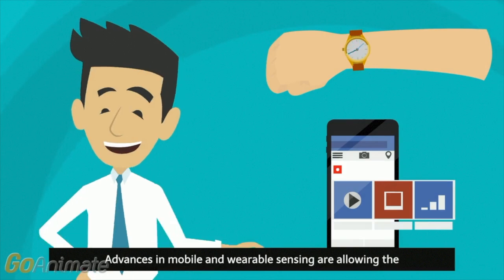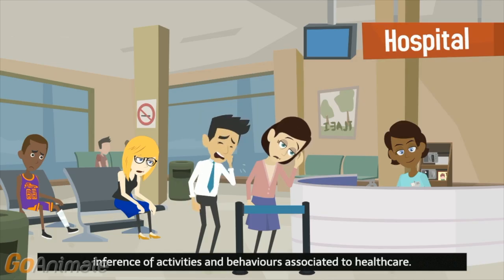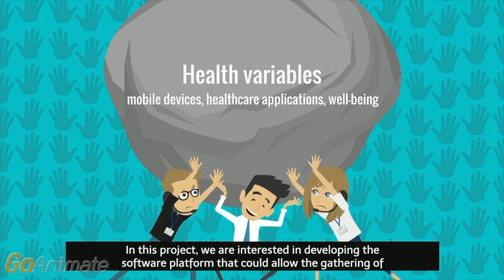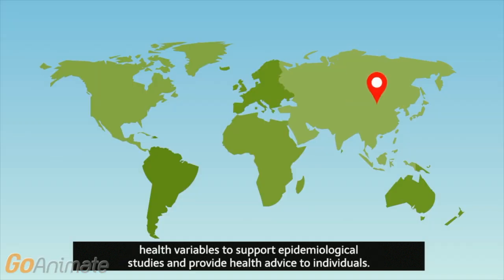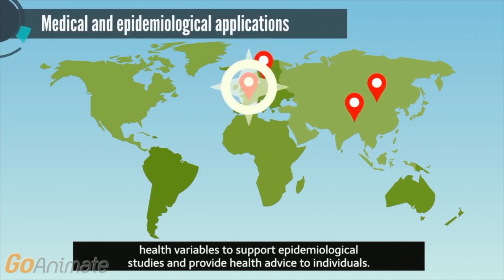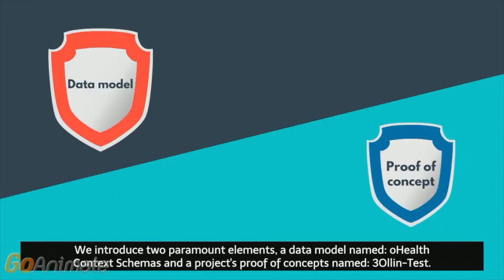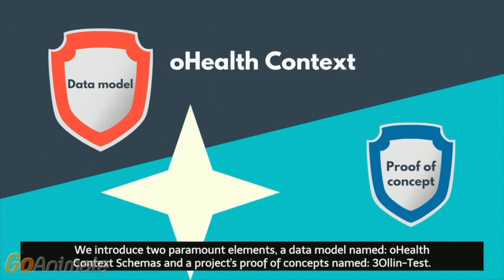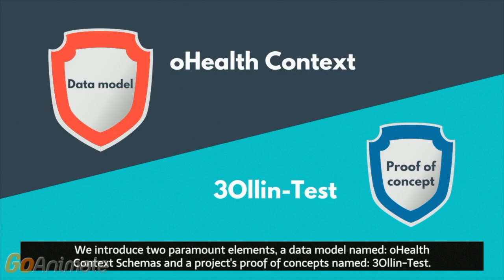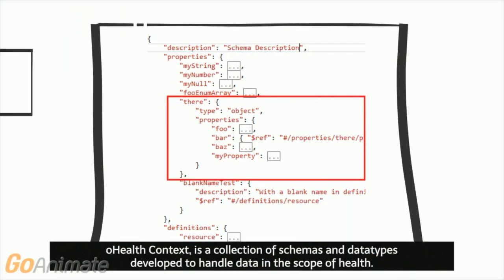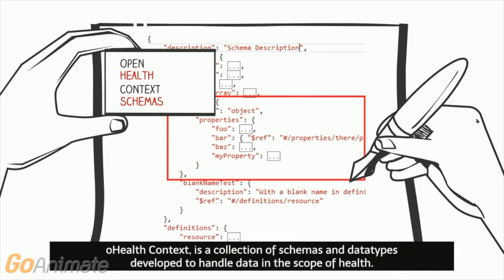Advances in mobile and wearable sensing are allowing the inference of activities and behaviors associated to healthcare. In this project, we are interested in developing the software platform that could allow the gathering of health variables to support epidemiological studies and provide health advice to individuals. We introduced two paramount elements: a data model named Open Health Context Schemas and a project's proof of concept named 3OGEN Test. Open Health Context is a collection of schemas and data types developed to handle data in the scope